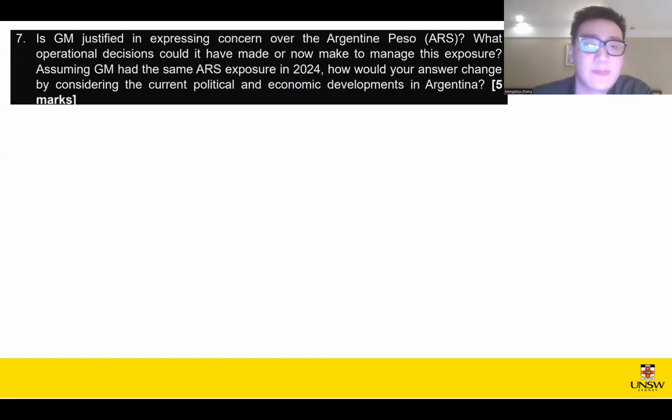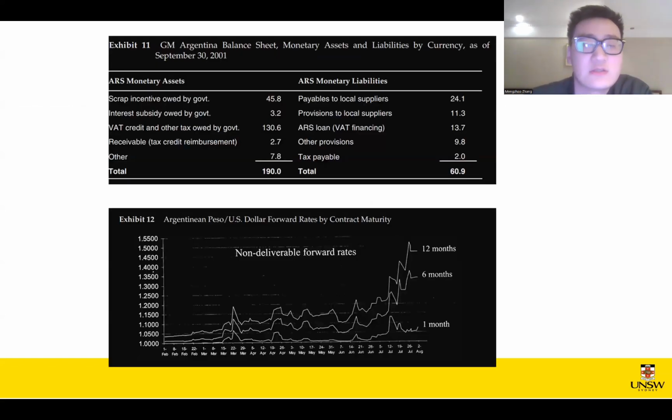And the next question is about GM's Argentina subsidiary. You can see the two tables from our article, and James' concerns about Argentina's economy are reasonable, because not only will Argentina have a large international debt due in 2002, but the domestic economic environment in Argentina has been unstable for many years, causing many institutions to downgrade investment ratings, which will also have a significant impact